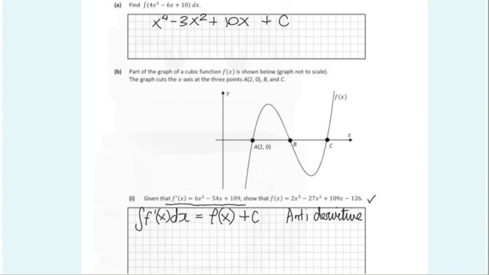Okay, so we had the average value theorem in the last question. Now we have the antiderivative. So whenever you see the f dash x, it's usually going to be the antiderivative theorem. So let's apply integration to the f dash x. So the integral of 6x squared minus 54x plus 109 dx is equal to